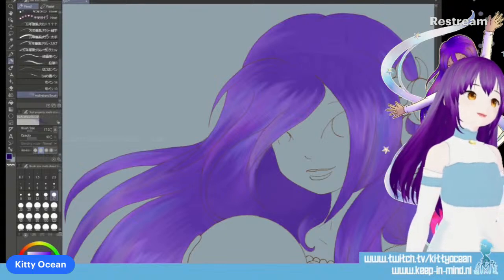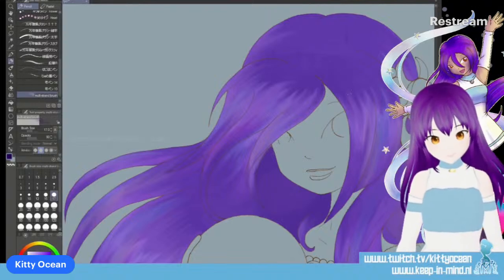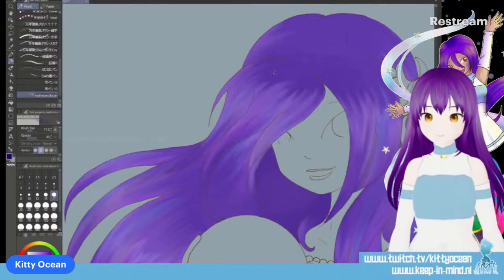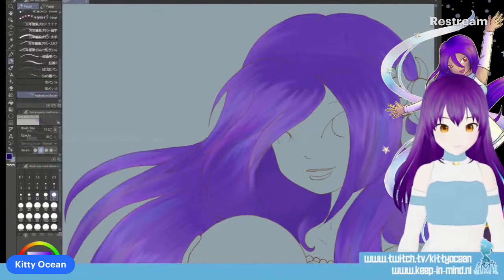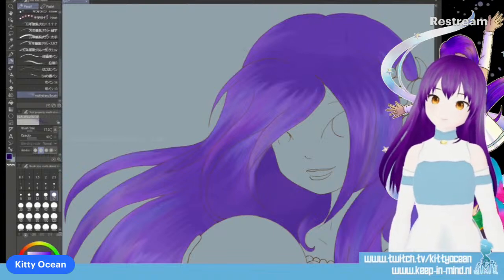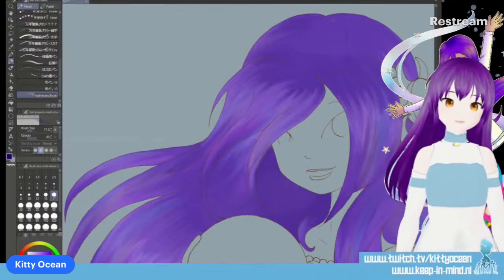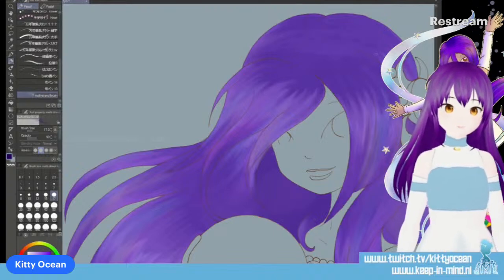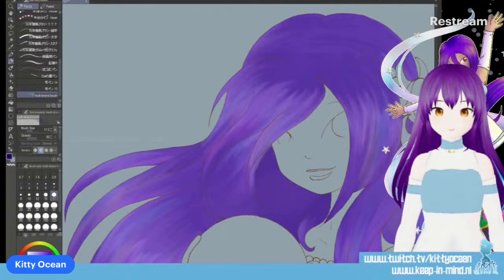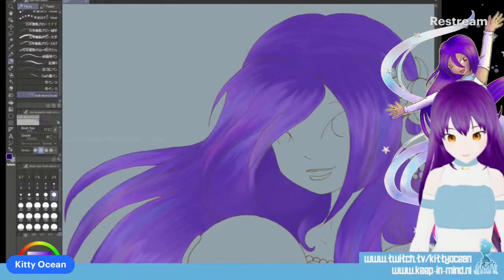A bit higher opacity. I had my own hair strands brush made in Photoshop 7, but you can't import that into this for some other reason. And I haven't figured out how to make brushes here.